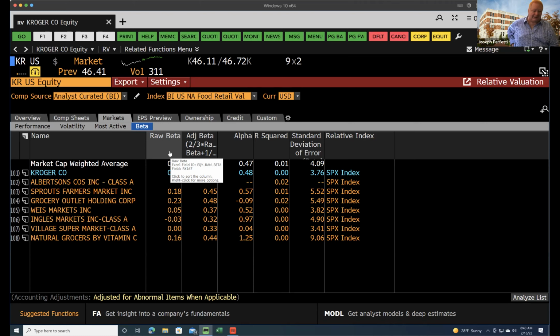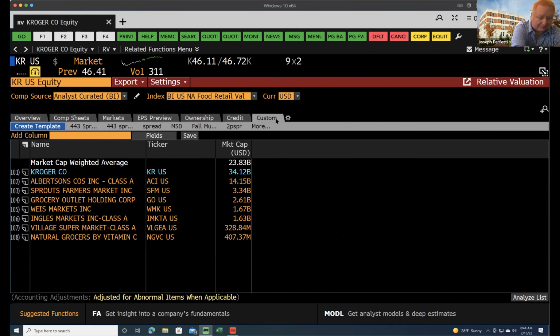So the E analysis doesn't matter as much to the grocery stores because that's not really going to affect their performance, right? Now, it will have some impact just in terms of when we start talking about supplier power and customer power because of the impact of inflation that is probably starting to permeate through the grocery store industry, but it wouldn't have affected the first thing you said. Then if I came over here to custom and I go to spread, I would look at spread of the